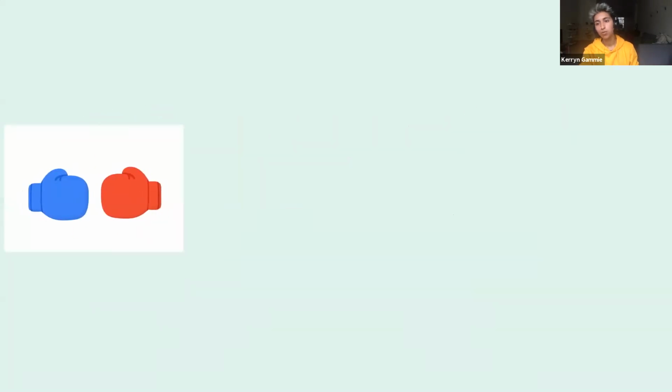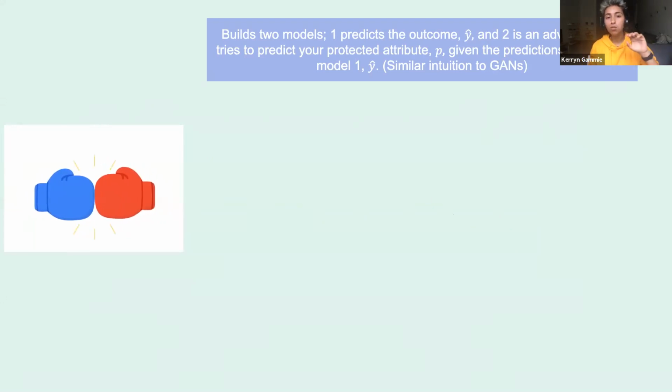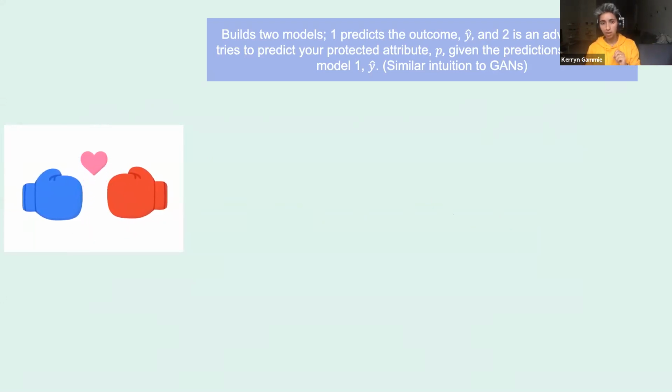So basically what it does is it builds 2 models, right? You have model 1, and this predicts the outcome, which is y hat. Let's say the outcome is whether or not someone gets a job. Then it builds model 2. Model 2 is known as an adversary. And what model 2 tries to do is it tries to predict the